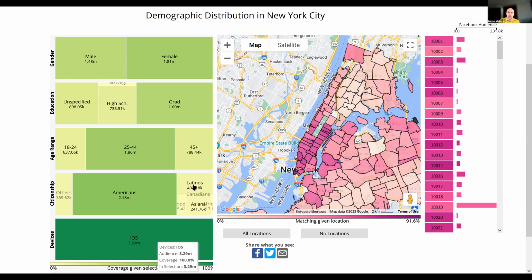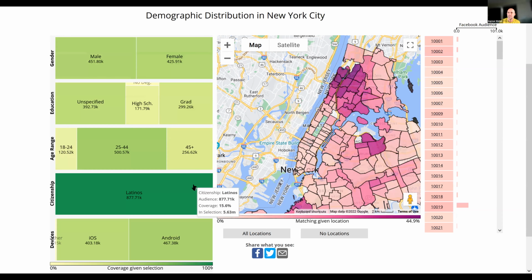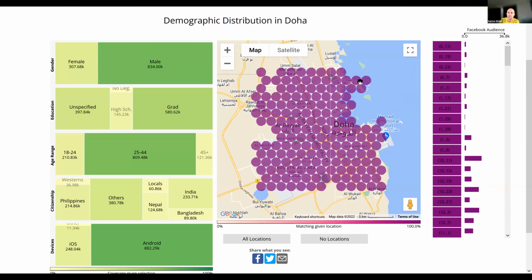Or you can look at people with a migration background and look at where the density is highest of people who used to live in Latin America. And again, you see here in parts of the Bronx and neighboring areas that about 40% of Facebook users in the past used to live in a Latin American country, right? And so this again tells you something about the likely demographic makeup in this location. Of course, in this particular case you have census data and other data sources, so you could discover the same things through other and probably more accurate data sources. But in other locations, you don't necessarily have the same sort of open government data available.